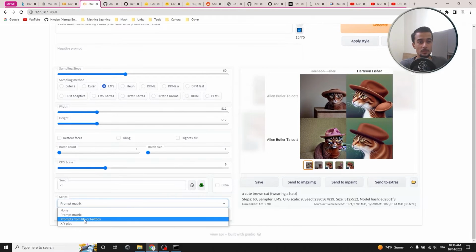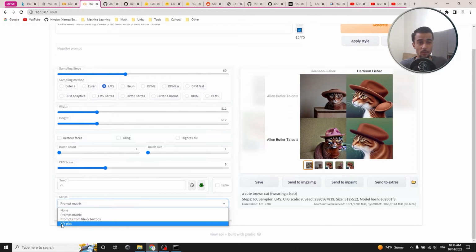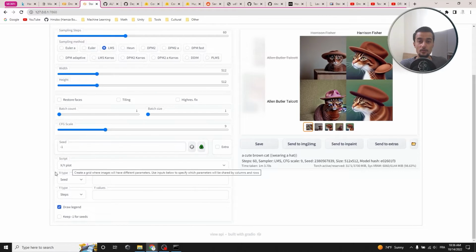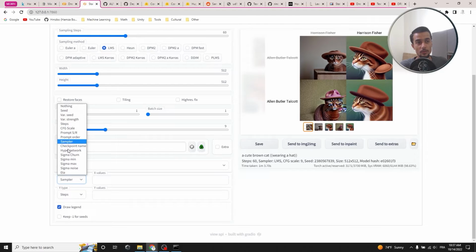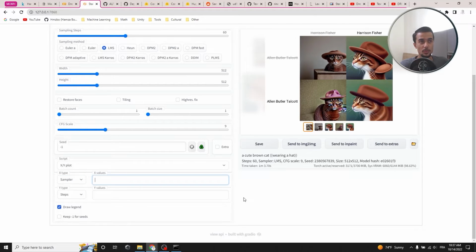Let's now try and use the XY plot. The XY plot allows us to create a grid of output images using a variation of the parameters of the model. So for example here, in the X value we have sampler. We can change it from this list. But using sampler, we can, for example, say Euler A,